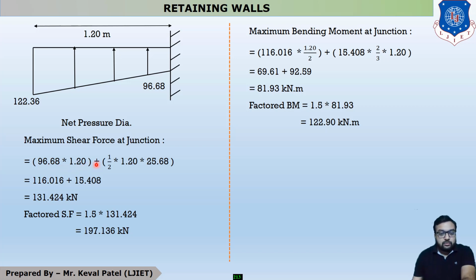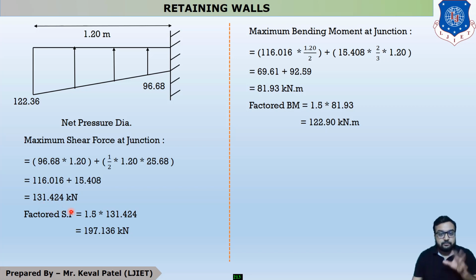Now we move to the second portion. The second portion shape is a triangle. What is the area of a triangle? The area of a triangle is one half base into altitude. So this is one half into our base, which is 1.2 meter, and our altitude is 122.36 minus 96.68. So we get our answer 25.68. Students, our total maximum shear force is